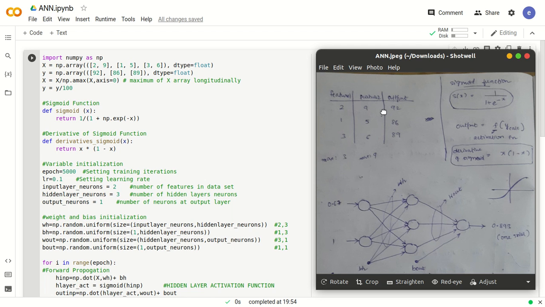Now this is what we load into the program, or this is what we type in the program here. So x is the input, that is the input layer. We just enter the values 2, 9, and the first corresponding output is 92, 1, 5 corresponding output is 86, 3, 6 corresponding output is 89, and this is the syntax, np.array. If you create an array, x will be a 3 cross 2 array, and y will be a 3 cross 1, because there is only one